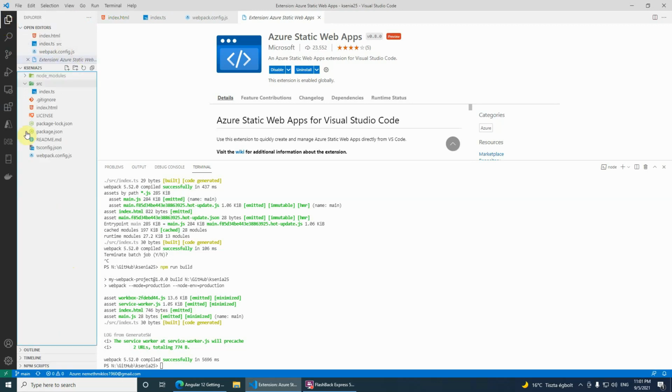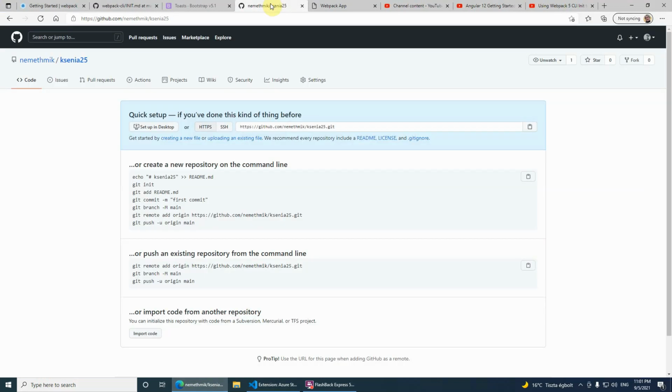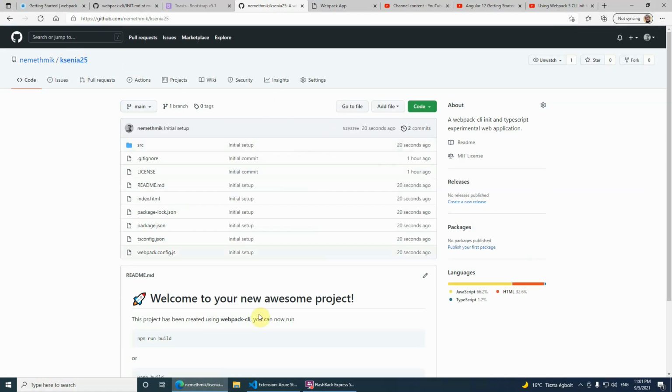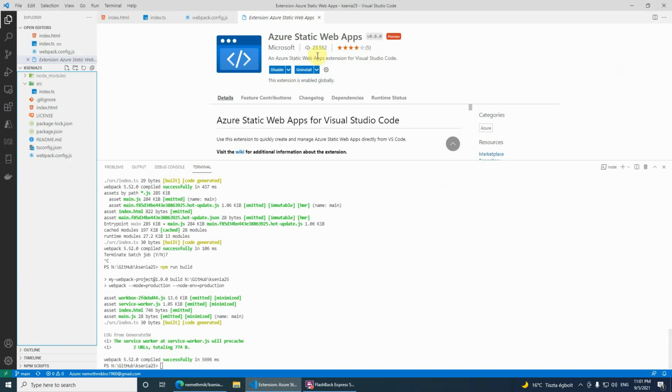So all my system is uploaded on GitHub. So that's where we have our source code, and this is what I'm expecting to be used for this Azure